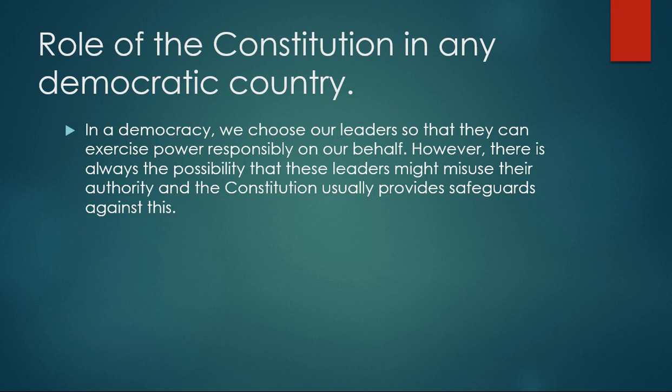They can also make some kind of relaxations that are not available to other people. They may amend the constitution in the wrong manner, so that can harm the basic structure of the country. So all these are the different examples of how the elected members can misuse their power. In this way, we can conclude that there is a possibility that all the elected representatives might misuse their power, but the constitution also provides a safeguard against this.